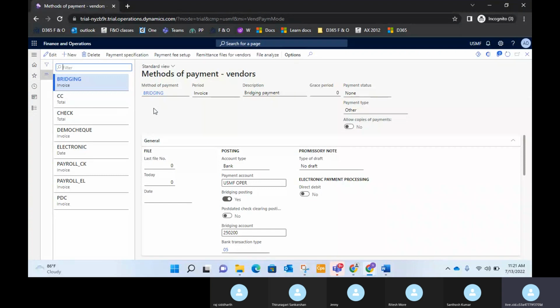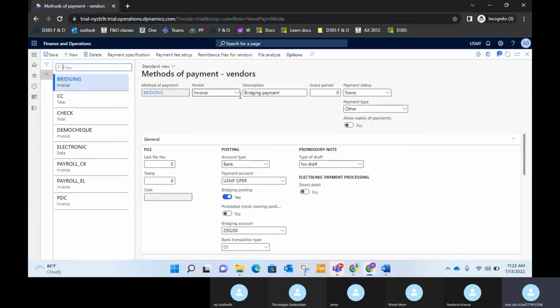So here in the methods of payment, if you see, there is a bridging account. So if you want, you can create a new account as well. The method of payment, the name you can give it as bridging, and the description bridging payment. I believe you are aware when to select this period. So if you select invoice, while doing the payment proposal, every invoice will be shown separately. And if you select the date, as on date, like if there are multiple invoices falling on the same due date, whenever you run the payment proposal, on that day, whatever invoices are there will be picked as a single amount. It will accumulate all the invoices falling on the due date, and it will pick. Week also same. If there are multiple invoices falling on the same due date,